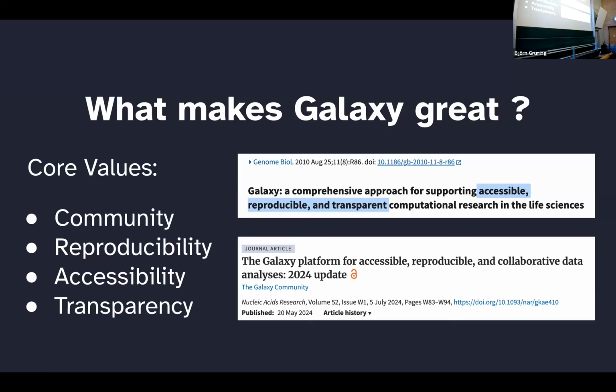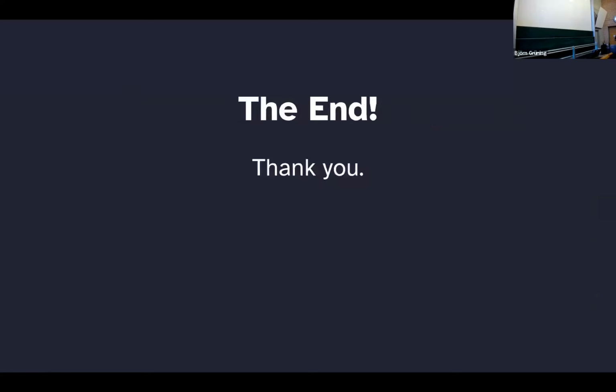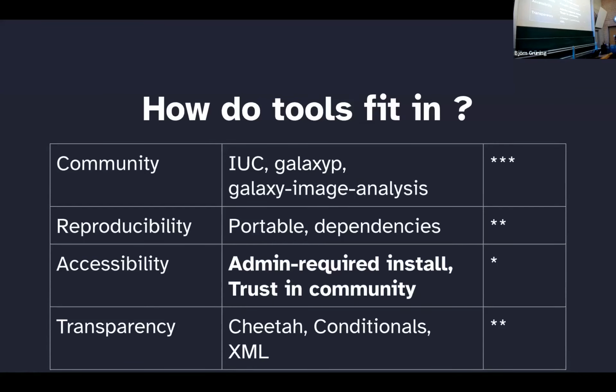So this is from one of the first Galaxy papers. There was this strong focus on accessibility, reproducibility, and transparency, and this is a difference of 14 years between the two papers, and still, I think this is a good representation of what Galaxy is about. There's always something to improve and to work on, and I think we've been really good at using what